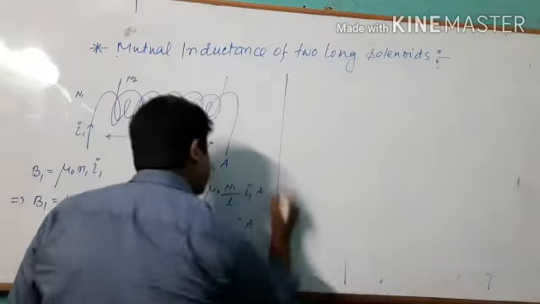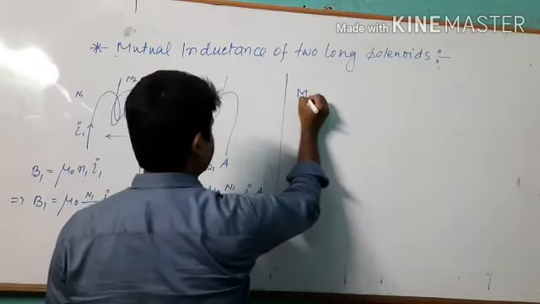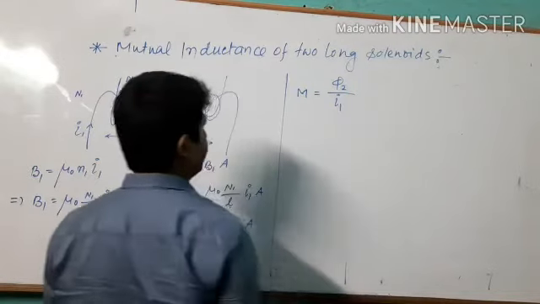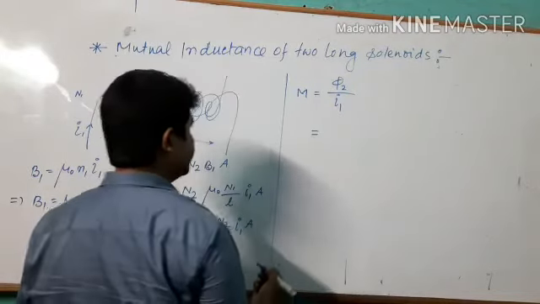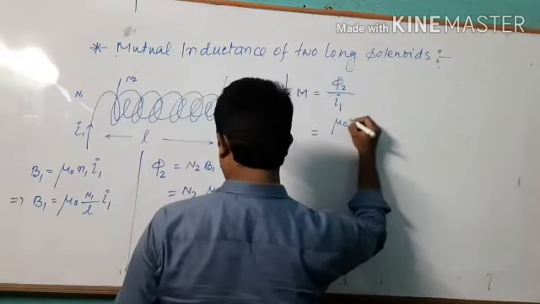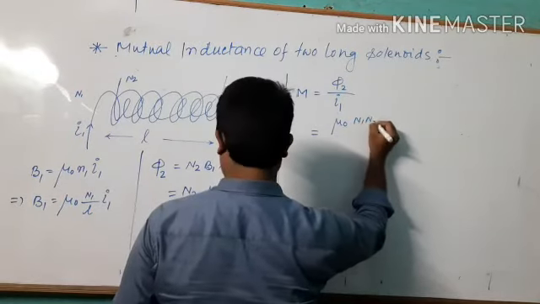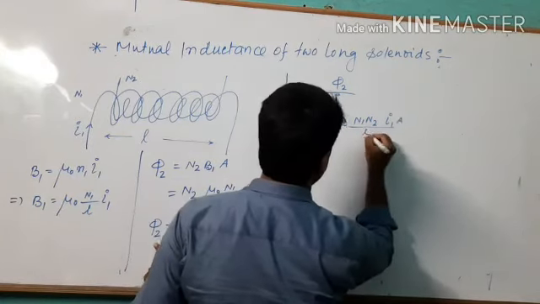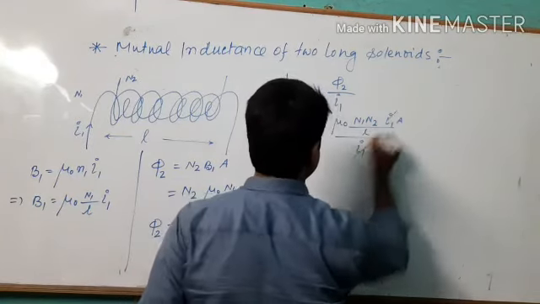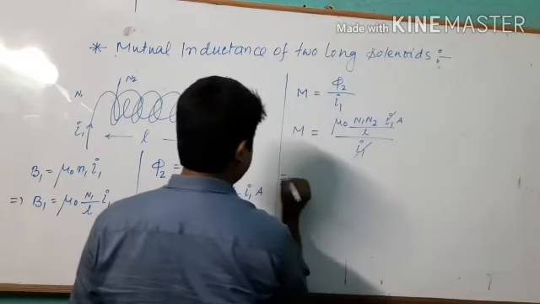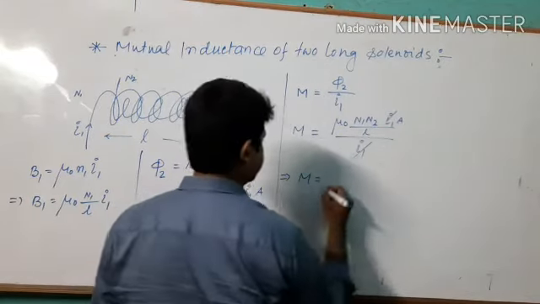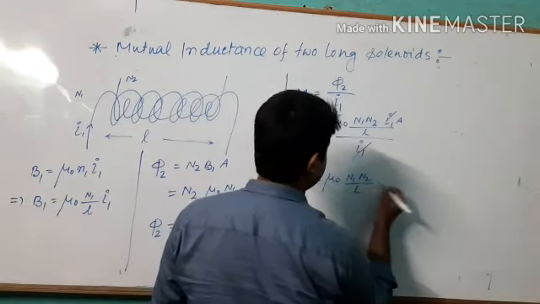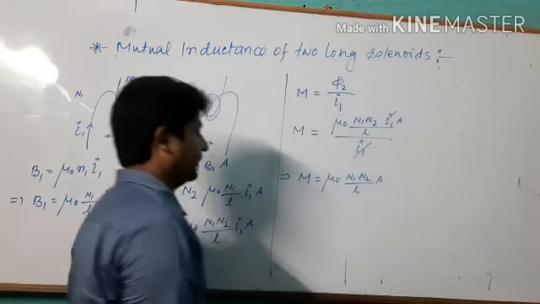Now what is mutual inductance? So we know mutual inductance M equal to phi 2 by I1. Now what is the value of phi 2? It is mu 0 N1 N2 I1 A by L, divided by I1. Now these two cancel each other. So from this we can write M equal to mu 0 N1 N2 by L into A. Now